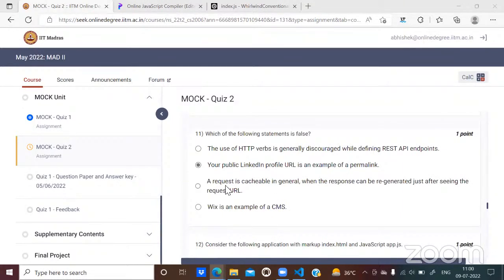What we generally say is that a request is cacheable in general. If you're looking at it from the application point of view, most of your caching will happen at the proxy level. Now, what is the proxy server able to view in the request? It is just able to see the request URL. It cannot see what the request body is, because that will only be visible when the request goes to the actual server. So what the proxy server can see at that time is the URL. And if the server knows how to respond to such a request just after seeing the URL, then it is easier to cache such a request.